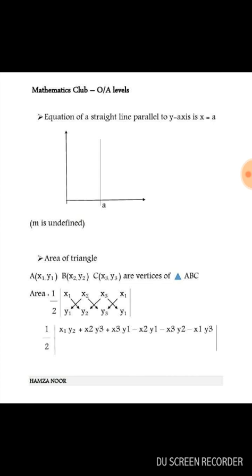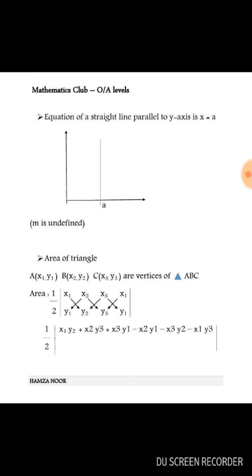For example, if you draw a triangle, you need at least 3 points, at least 3 coordinates in the form x1, y1, x2, y2 and x3, y3. So these are the vertices of triangle ABC, and the area can be calculated by